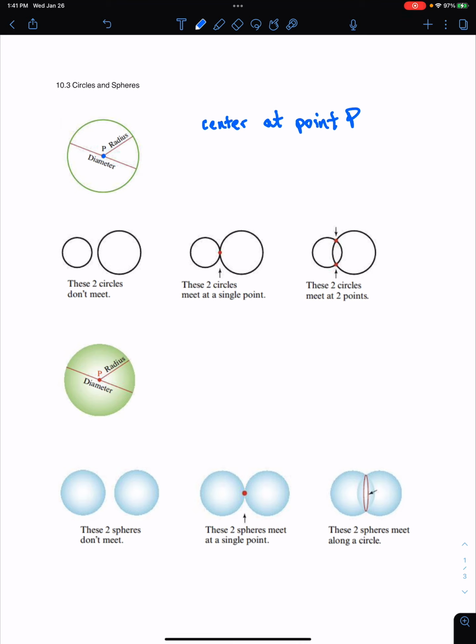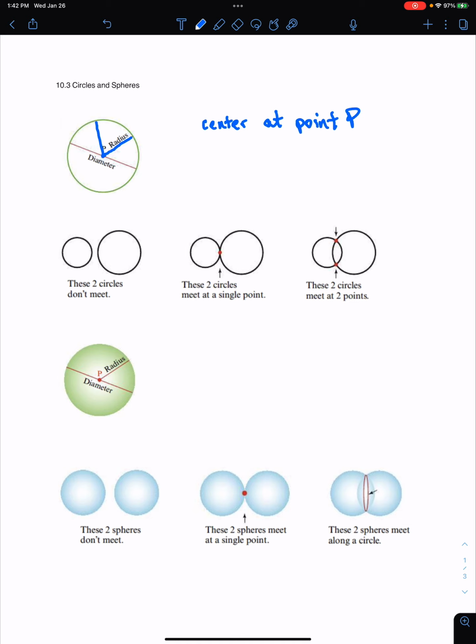Another thing to talk about is the radius. Here's the radius. The radius is a segment from the center to one edge of the circle. So that's a radius. This would be a radius. This would be a radius. We can have multiple radii of the circle, but it's the distance or that segment from the center to one